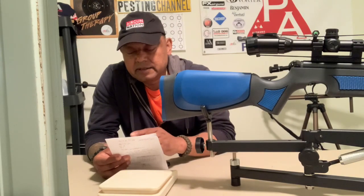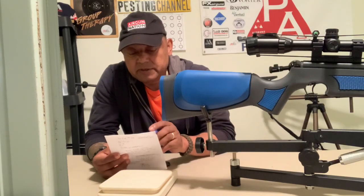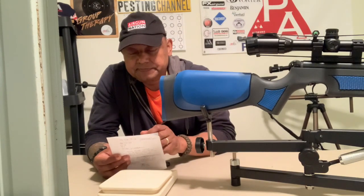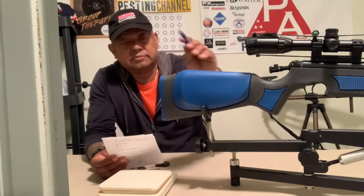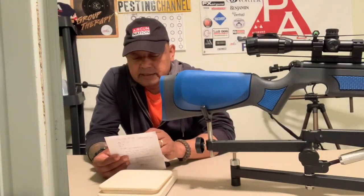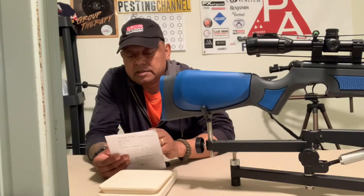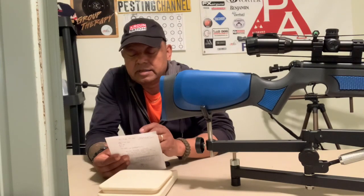No, I take that back. It had to be low 700s to not over penetrate and put a hole in this siding, because the HW95 is shooting 684 and it produced 18.84 foot-pounds of energy. Now, this last one, this gun right here, at .657, I shot it twice with a 10 grain and it produced 10.21 foot-pounds of energy, but